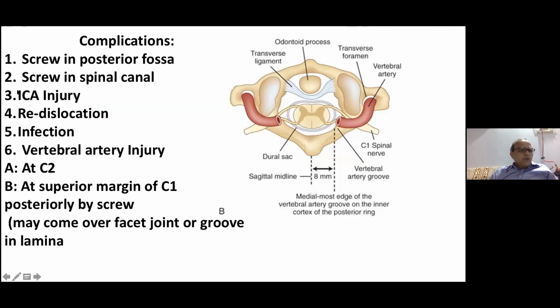So be careful. There may be redislocation because these plates and screws are not that sturdy. So rarely, but if you take a bicortical purchase, if the length of your screws gives bicortical purchase, then this will not happen. There may be infection, there may be vertebral artery injury at C2 or at the superior margin of the